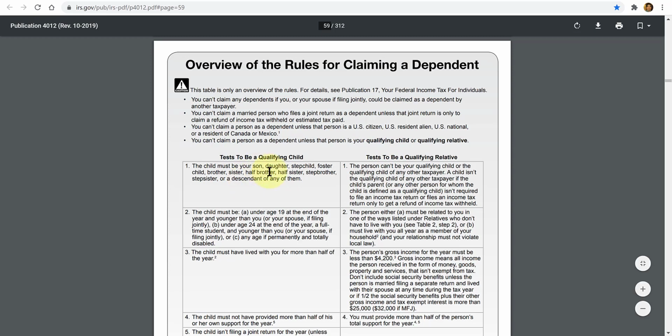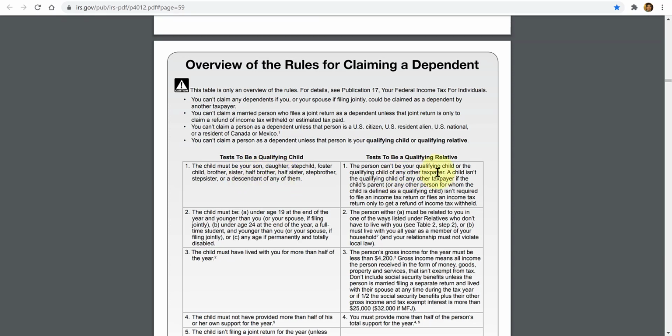So here's the relationship test for qualifying child. And here's relationships, including ancestors, for qualifying relatives. So you always test for this one first. Yeah, this is the better one. And if they don't meet the qualifying child dependency rules, then you test them for qualifying relative rules. So the qualifying child has the age rules: has to be under age 19 by the end of the year, or under 24 but a full-time student, or here, permanently disabled. All of this would meet the age